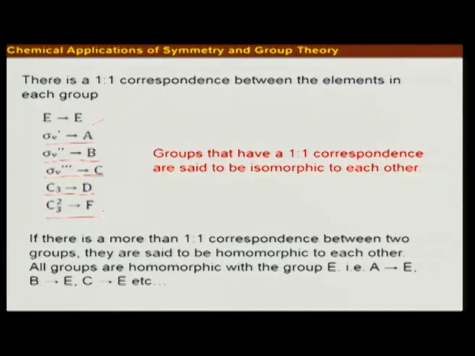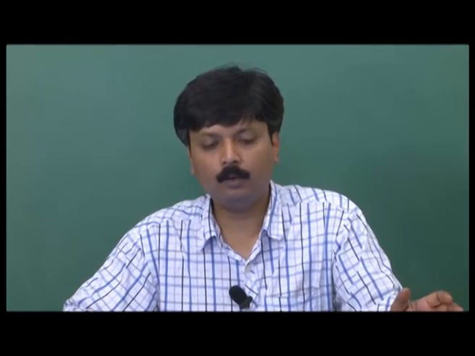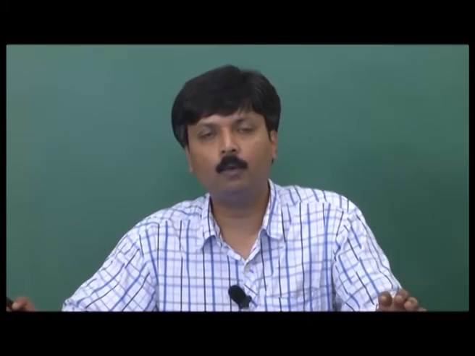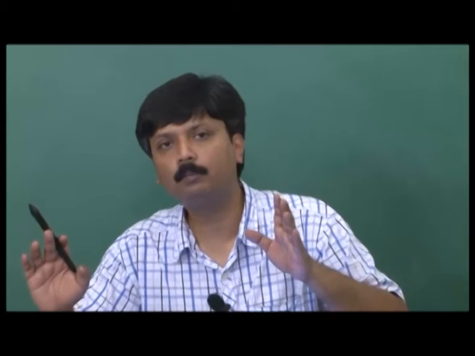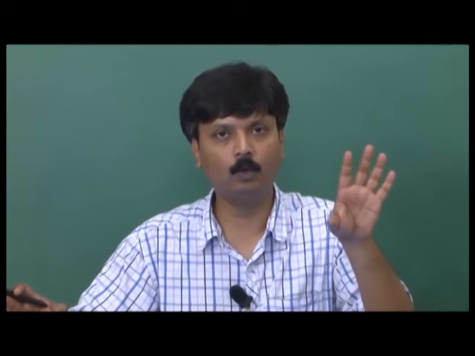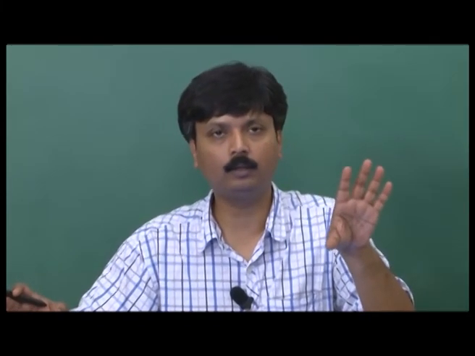This is a wonderful thing: if you can form a generalized group multiplication table, then for any given molecule you should be able to identify the product of any two symmetry operations once you have figured out what is the corresponding element in the point group multiplication table for that particular molecule. Once you have figured out what is your abstract group multiplication table for that same order group.